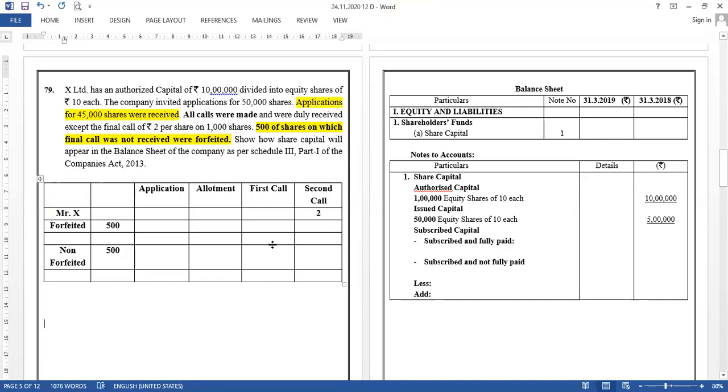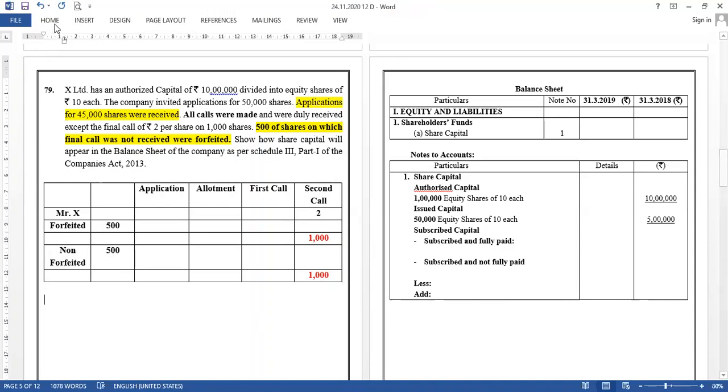But जो most important point है question का, it is over here. 500 of the shares on which final call was not received were forfeited. पता है कि 1,000 का पैसा नहीं मिला. That's fine. But out of 1,000, 500 are forfeited. So let us have the calculation. Let us find how much amount is not paid. Forfeit किया तो भी पता करो कि like 500 into 2, 1,000, and over here also 1,000. These amounts are not paid. But पता है कि like first 500 forfeited है, next 500 not forfeited है.